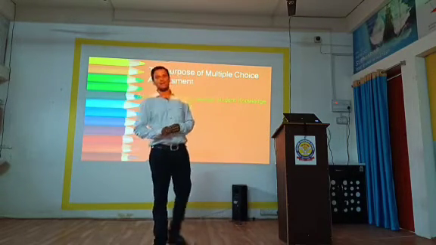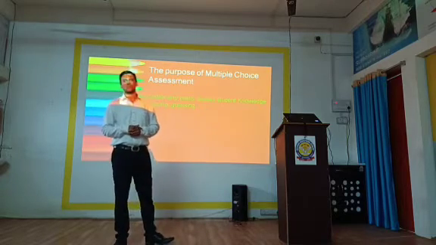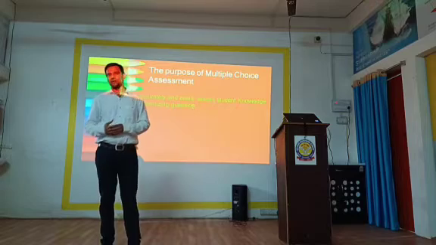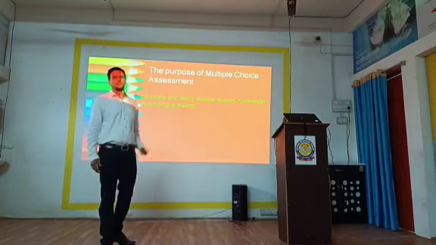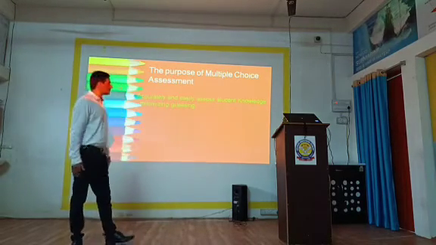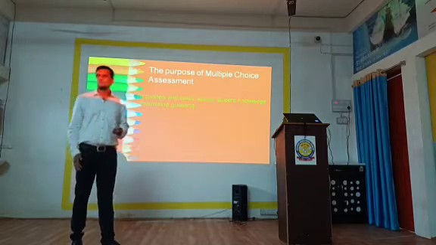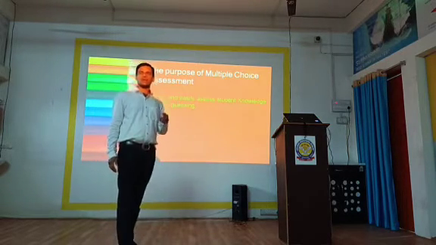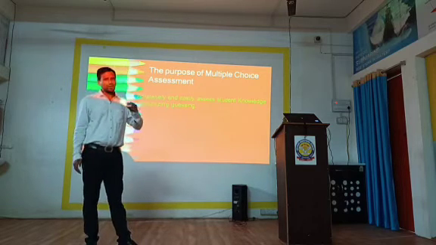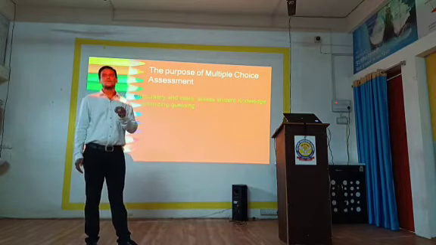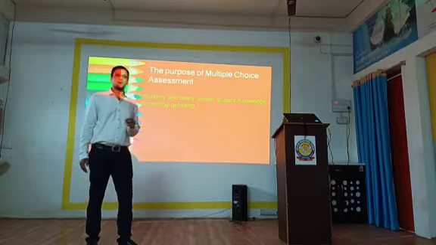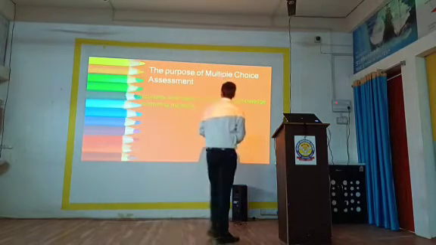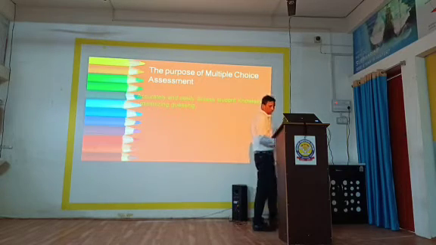In true and false, what do students do? They have two options, either they write true or they write false. So they have the guessing. But in a multiple choice question they may not have the guessing. If they are accurate, they can know the answer just by seeing the question and choices there. So they have no option for any guessing. That's why we use this MCQ